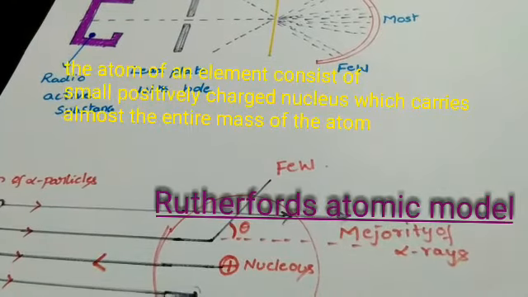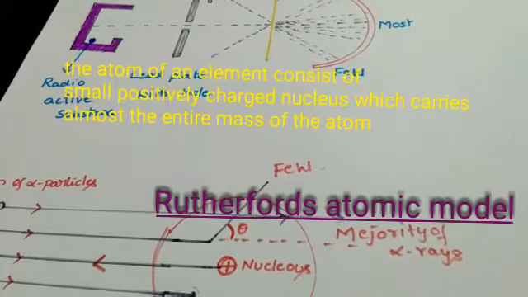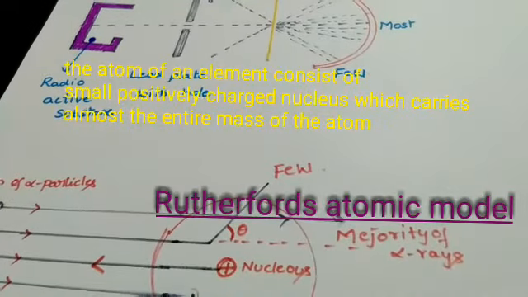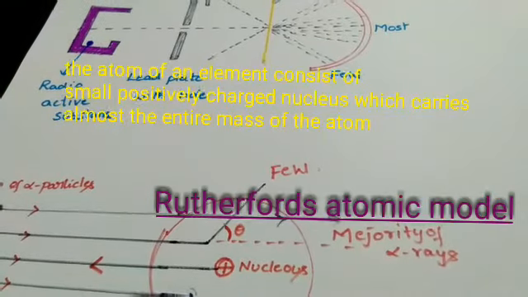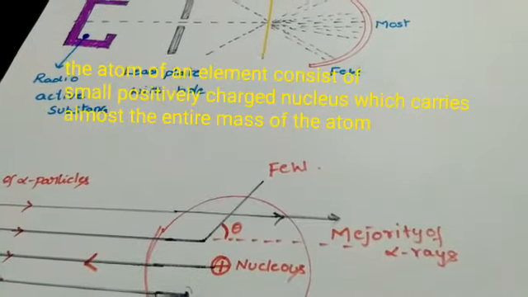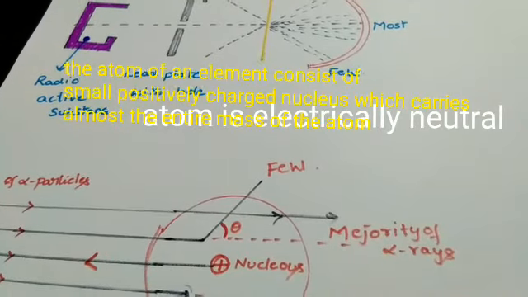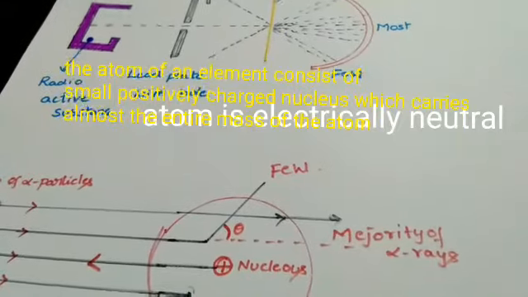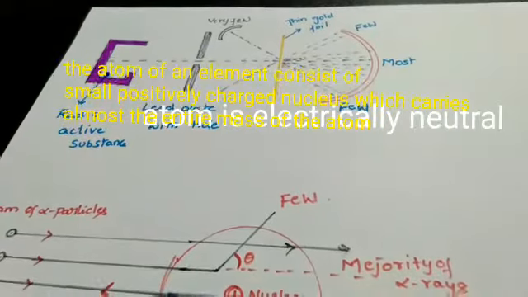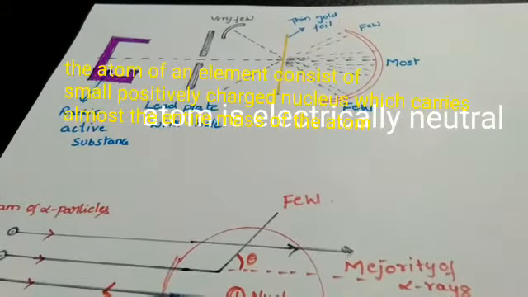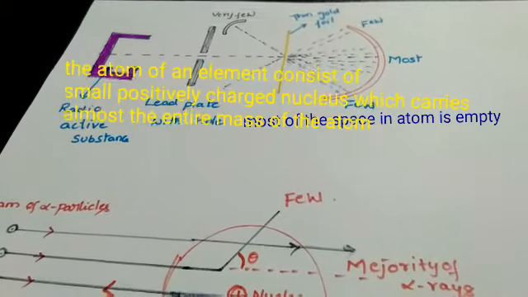The number of electrons in orbits is equal to the number of positive charges, that means the number of protons in the nucleus. Hence, the atom is electrically neutral. And the volume of the nucleus is negligibly small as compared to the volume of the atom, and most of the space in the atom is empty. In Rutherford atomic model, he does not explain the sum, that is